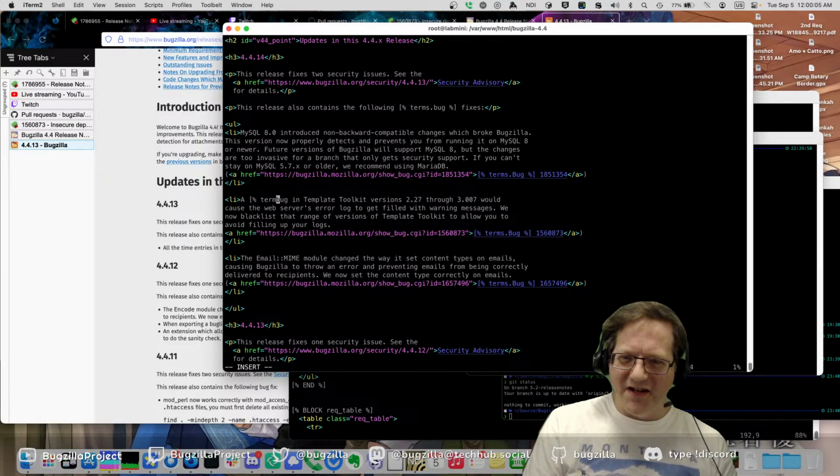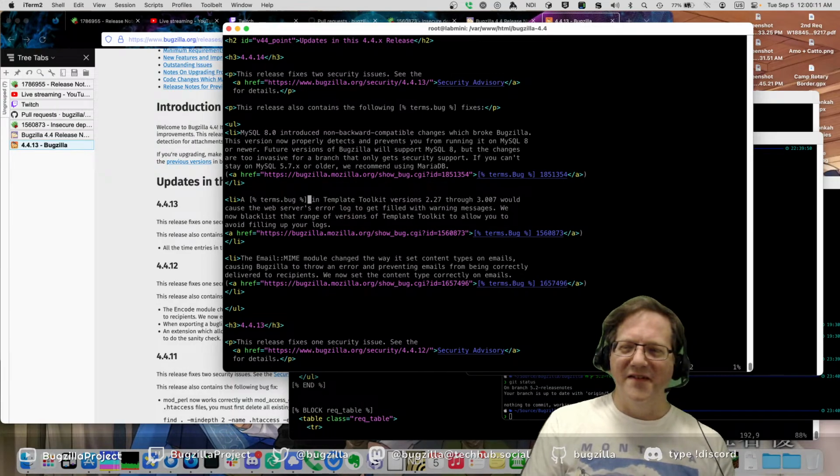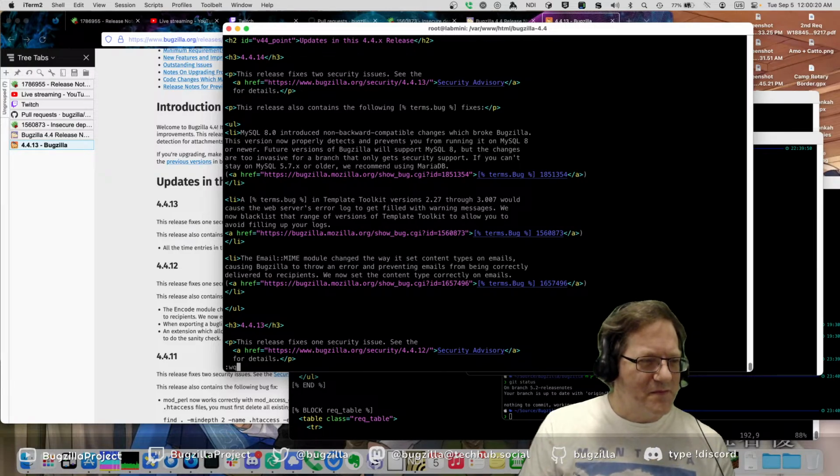We'll deal with that on one of the newer branches. This is security fixes only on this one. Security and critical bug fixes, and not being able to send email is a critical bug fix.